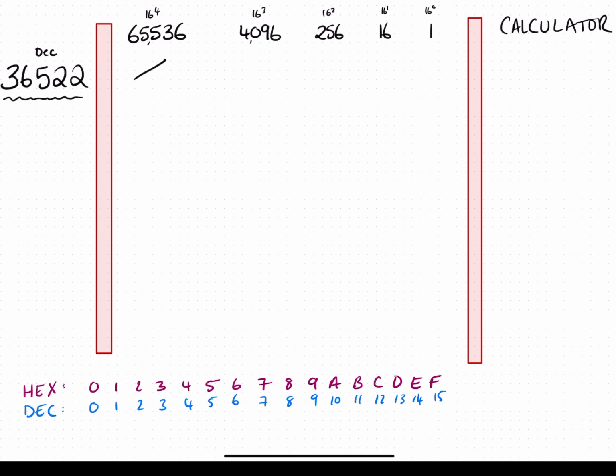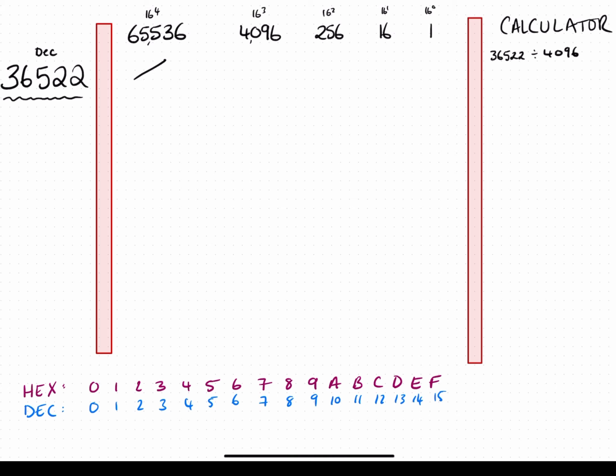On the right hand side of the screen, you're going to see exactly what it is I type into my calculator here beside me to guide you through my own moves in solving the question. So we'll start with 16 to the power of 3, or 4,096. The first question we have to solve is how many 4,096s can we fit into 36,522. So to do that, we turn to our calculator and I type in 36522 divided by 4096, and when